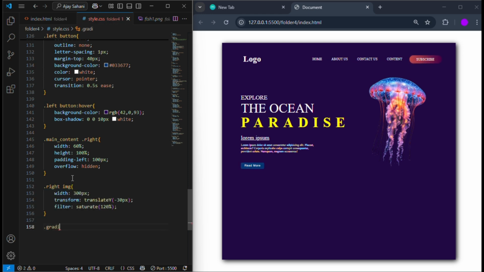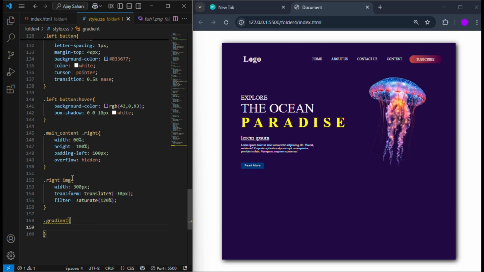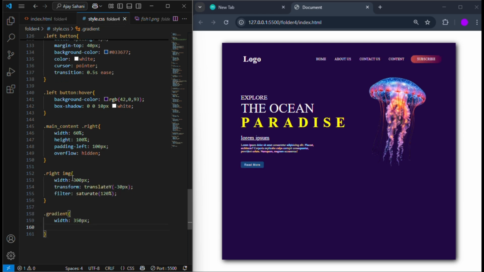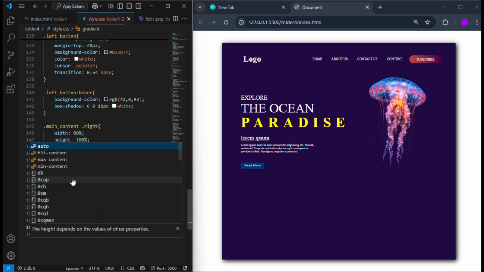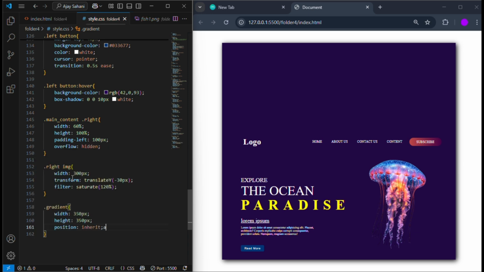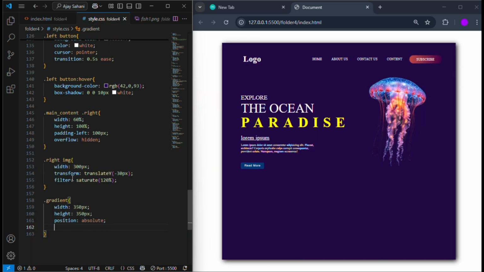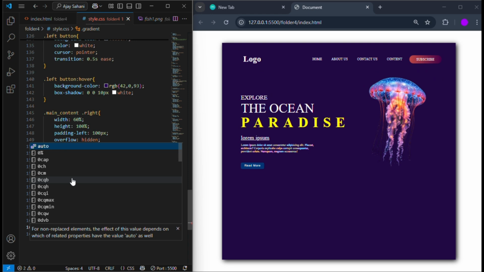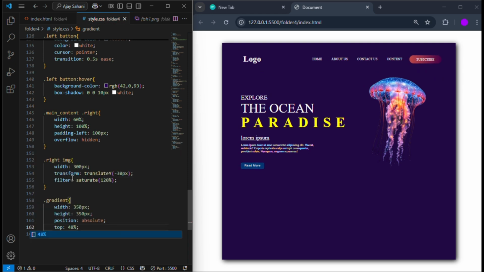Again I'm applying the CSS property to this gradient div, width 350 pixel, height 350 pixel, position absolute, top 48%, and I want the gradient here, so I am writing left 55% and border radius 50%, background color, z index -1, filter blur 50 pixel, box shadow,